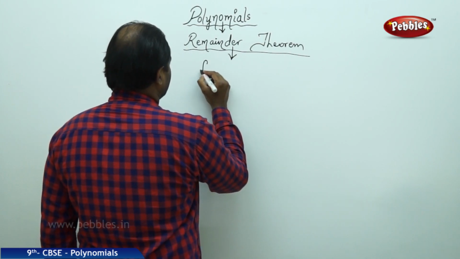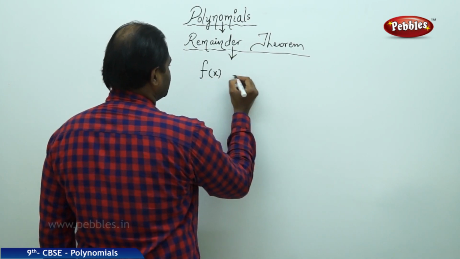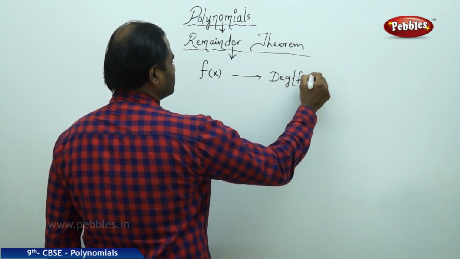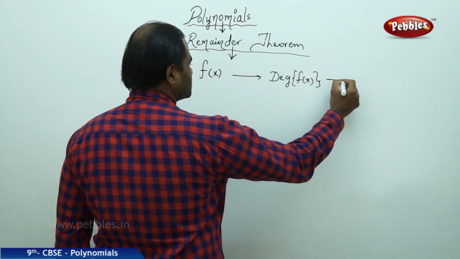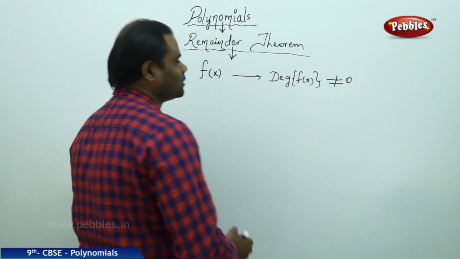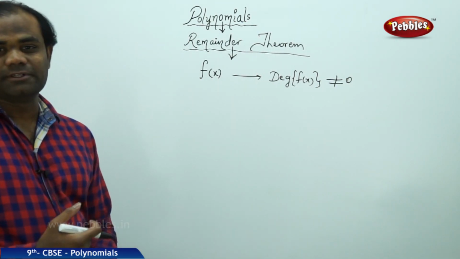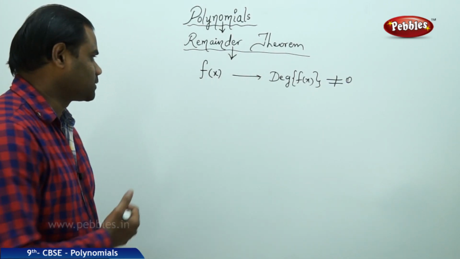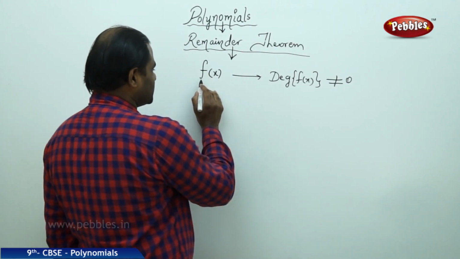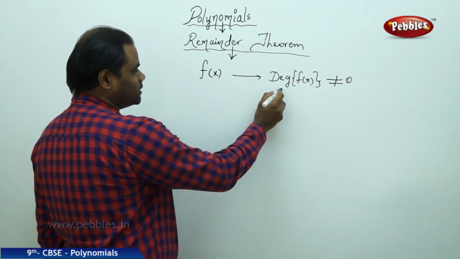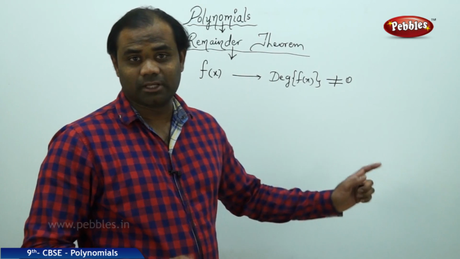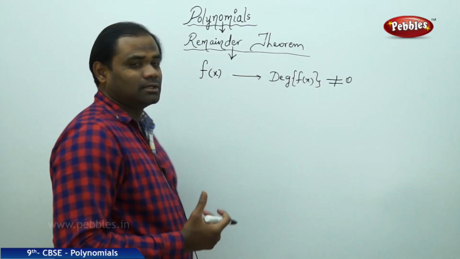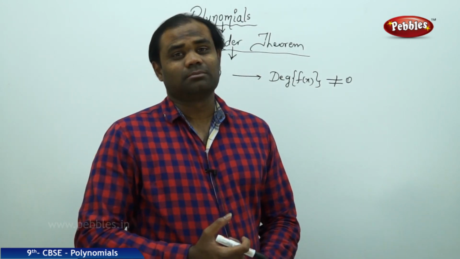If I take a function f of x with the condition that the degree of f of x is not equal to 0, then let's see what the theorem states for this function f of x. With the degree of the polynomial f of x being non-zero, that is, f of x is not a constant polynomial,